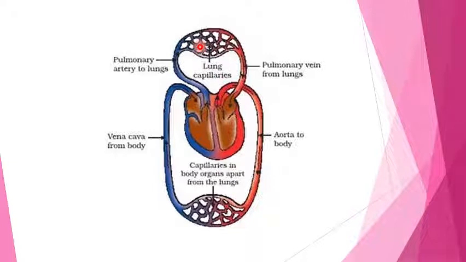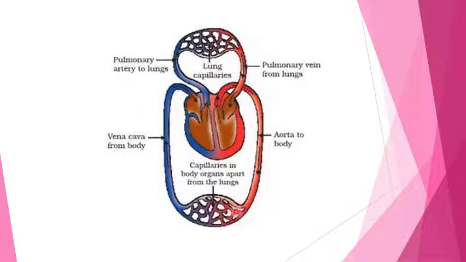From the right ventricle the deoxygenated blood goes to the lungs with the help of the pulmonary artery. Here the oxygen is added and the deoxygenated blood becomes oxygenated. Now this oxygenated blood from the lungs passes to the left atrium with the help of a pulmonary vein. From the left atrium it passes into the left ventricle, which contracts and passes the oxygenated blood to the aorta, which is your largest artery, and the aorta carries the blood to the body parts like this.